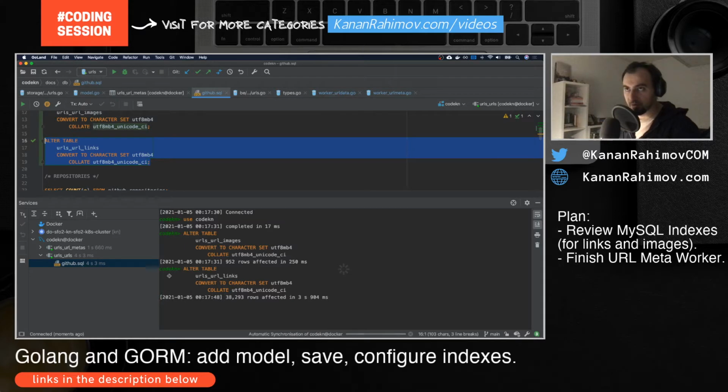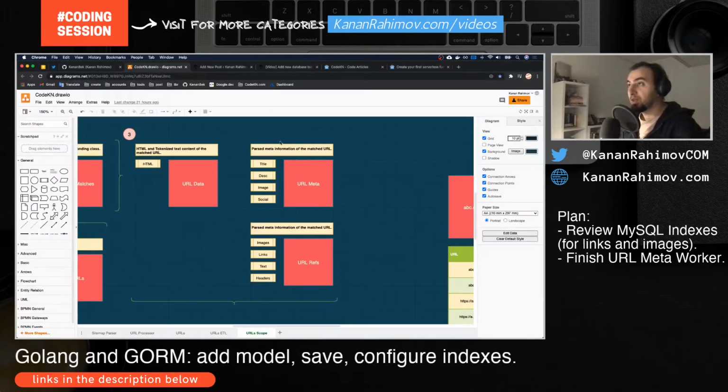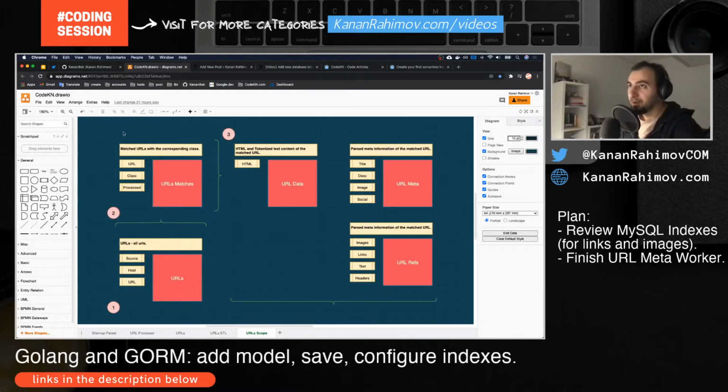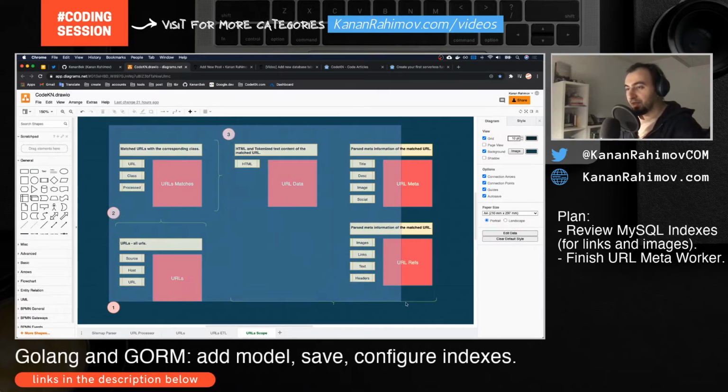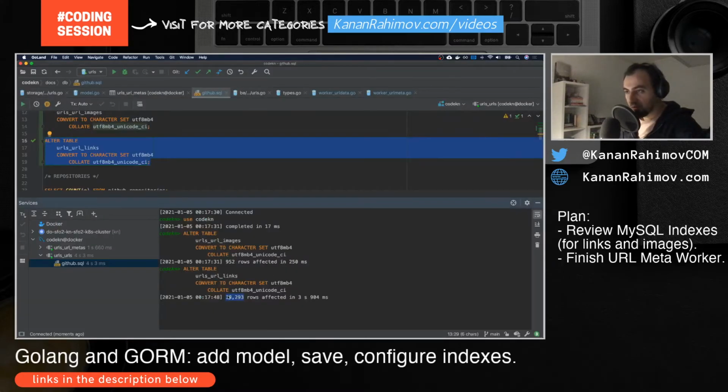So the links table is bigger, of course. We already have 38,000 links, and that's actually very worrisome for me, because when I release this part, which is not released yet, maybe on a daily basis, it works only for a few minutes, right? We already have 38,000 links. It's too much. What I can do in future is keep